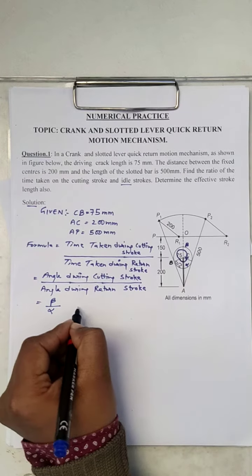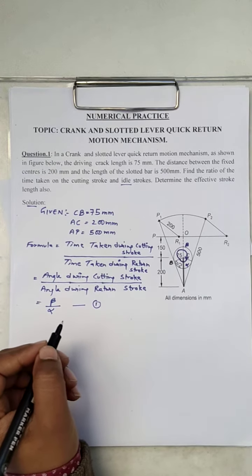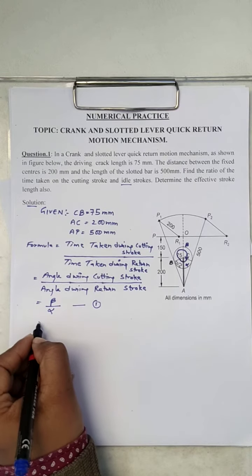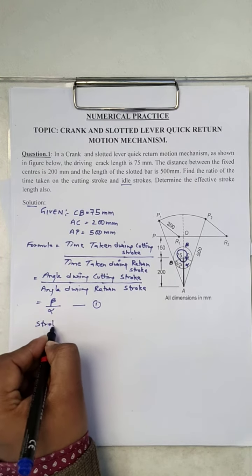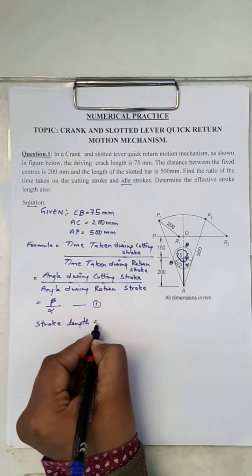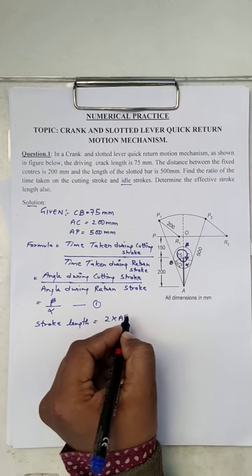So let it be equation 1, and also to determine the effective stroke length, the formula is 2 into AP